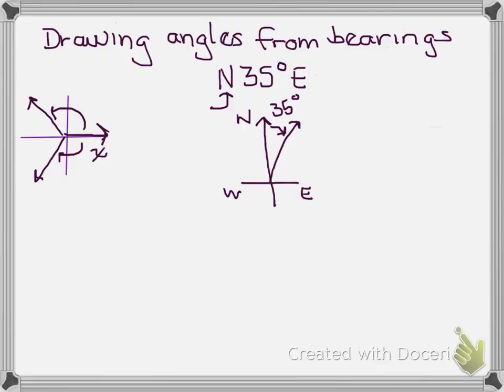Let's try another example where we start with a different bearing. Let's say south 68 degrees west. So I'm going to start with the south. So I'm going to draw a south-facing arrow, and of course west is still on my left and east is